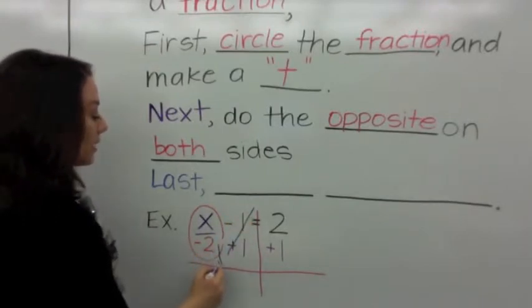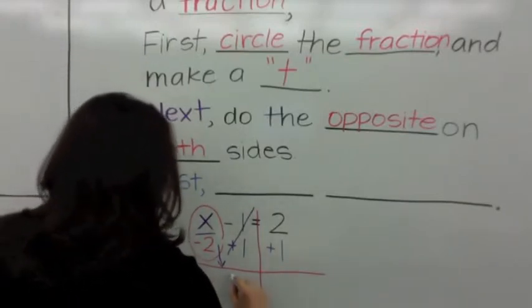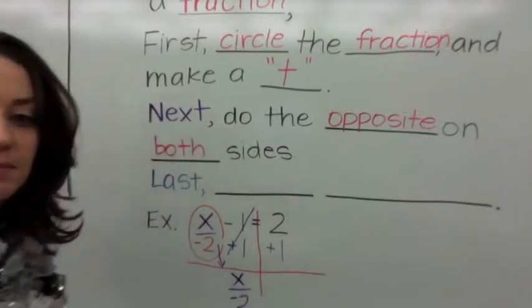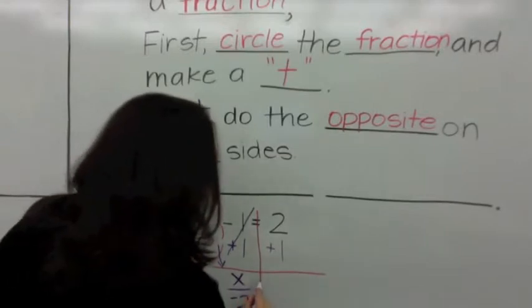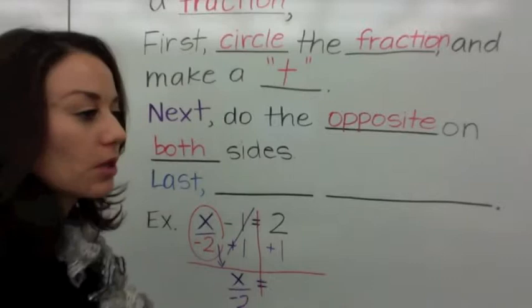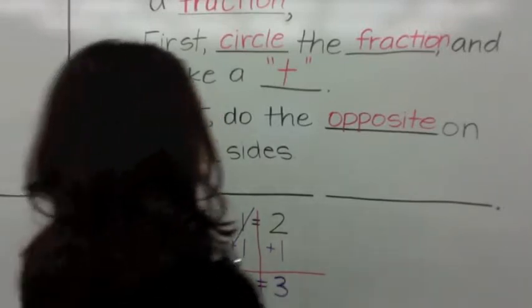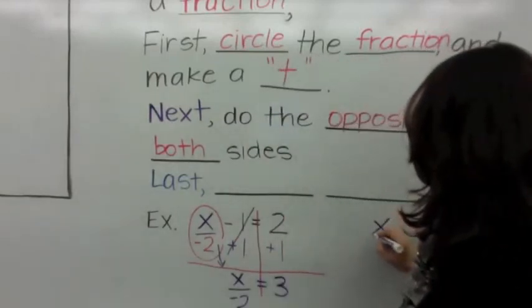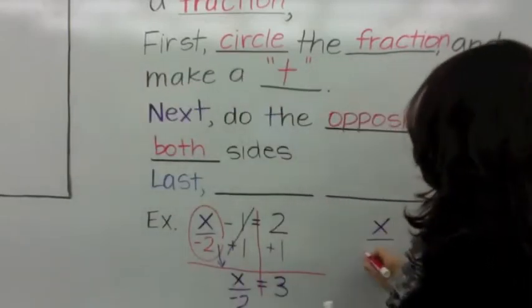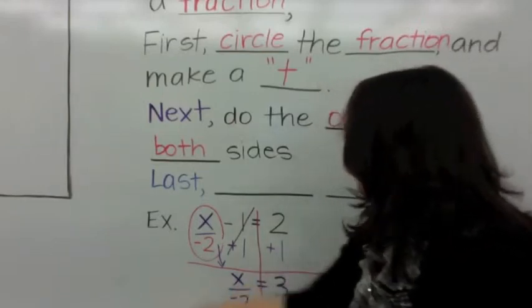Now you're going to bring down this fraction. You're going to bring down x divided by -2. Got that? X divided by -2. Now that's going to equal, what is 2 plus 1? It's +3. So I'm going to rewrite this over here. The fraction we have is x over -2, and I'm going to make the -2 red because it's a negative number. That equals